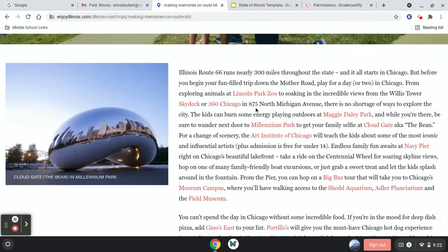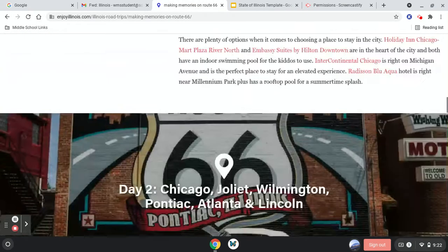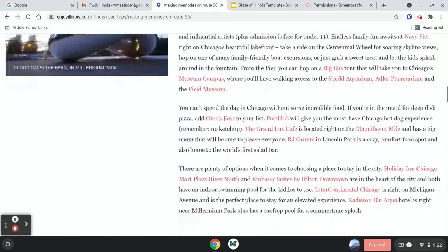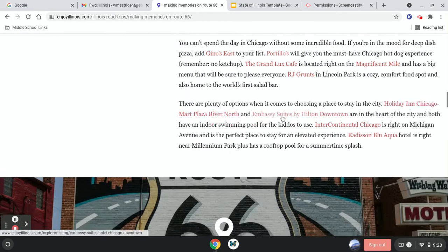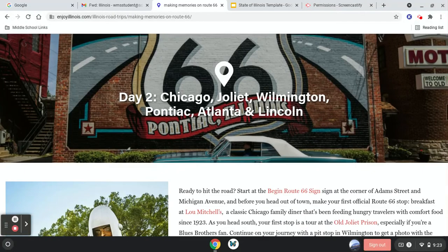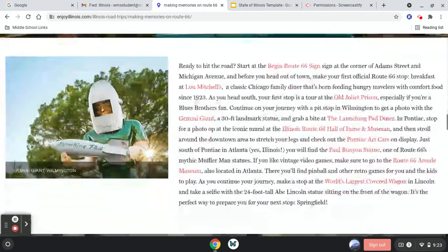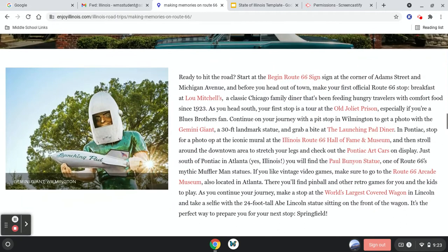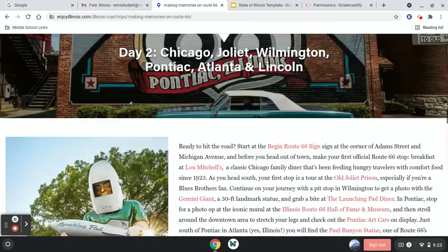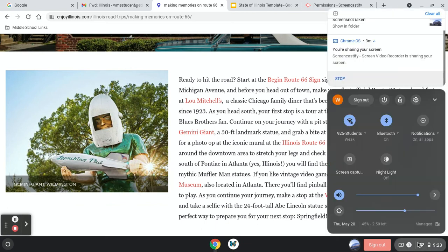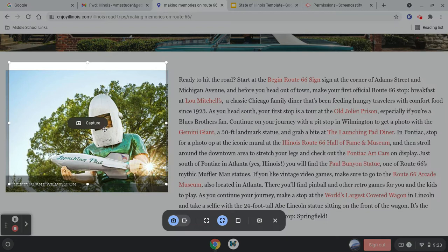And let's go back here. Of course, you could read a little bit about Chicago, which is always very interesting. Portillo's. And now it says day 2 is Joliet, Wilmington, Pontiac, Atlanta, and Lincoln. They have a picture for, it looks like, Wilmington. And I'm going to go ahead again and click in my tools in the right-hand corner, screen capture,